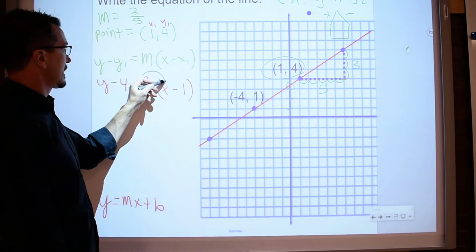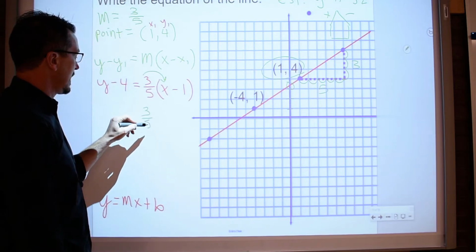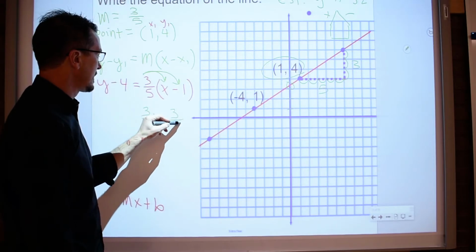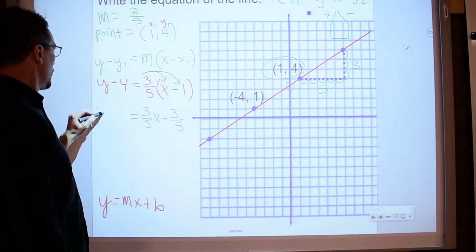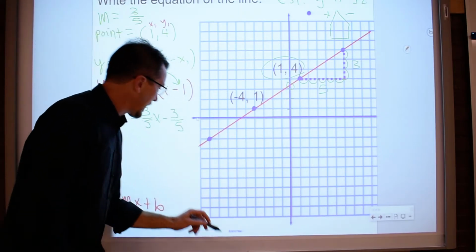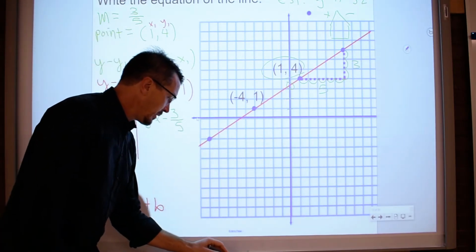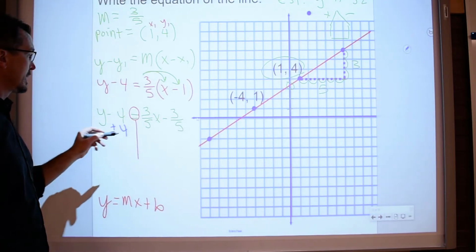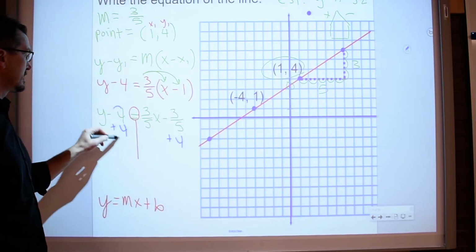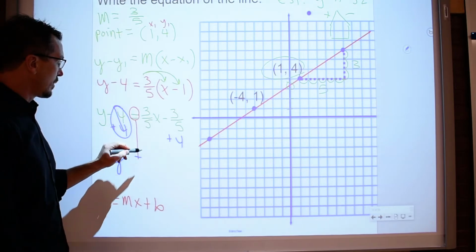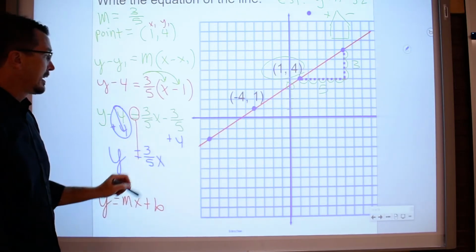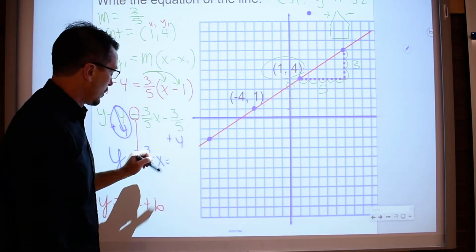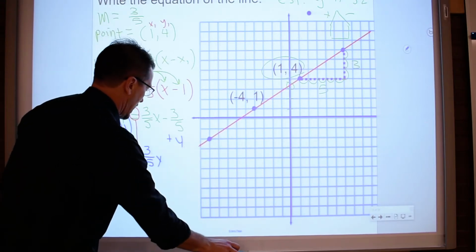Again, 3/5 times x is 3/5 x. 3/5 times -1 is -3/5. And then equals y minus 4. And then to solve, I need to get y alone. To get y alone, I'm going to get rid of the -4, which is the constant. And if I add 4 to one side, I add 4 to the other side. This is 0, leaves me with y equals 3/5 x. And then -3/5 plus 4 is, oops, I put equals because I'm thinking equals, but it's actually positive